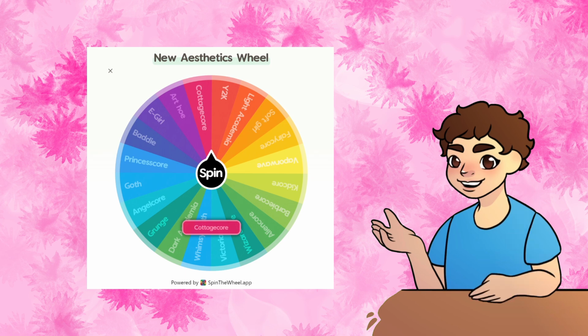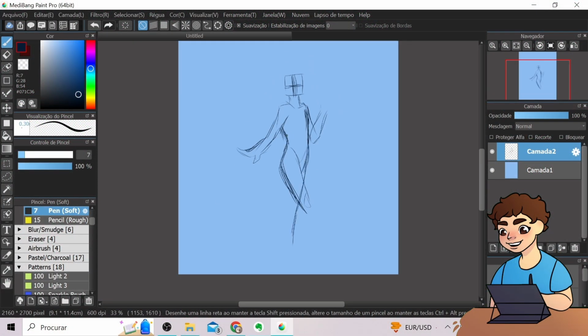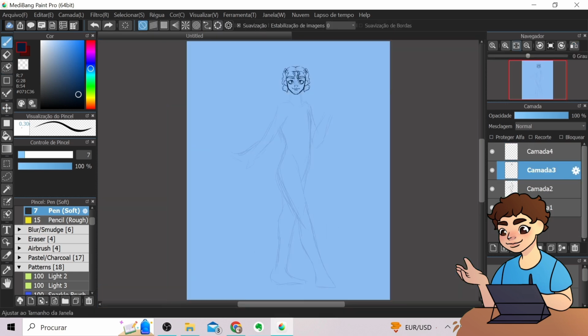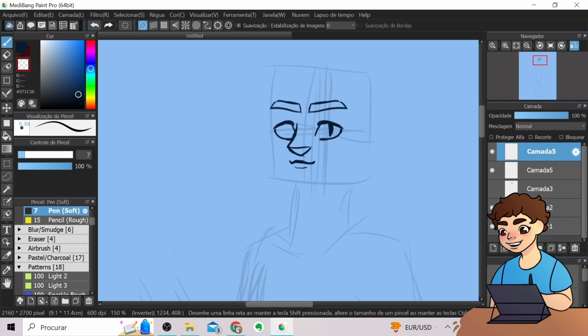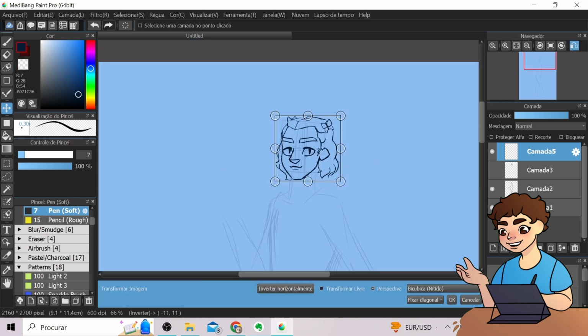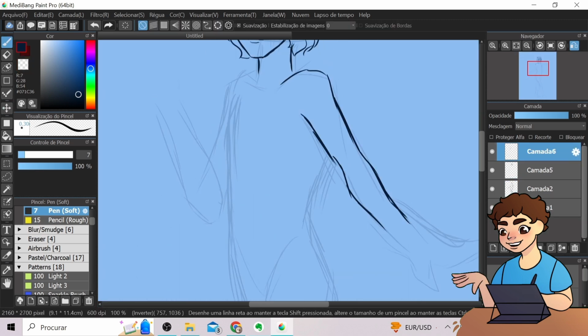So with the sorting done, let's move to the drawings. And we are starting with Crowley in a fairycore outfit. I scrolled through Pinterest to find inspiration and I found a lot of things I wanted to include. Fairycore is very magical, of course, and the outfits are very flowy and natural. I don't know if natural is the best word to describe it, but they resemble aspects of nature and there